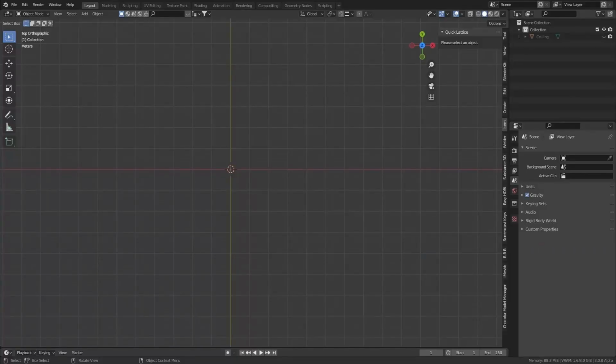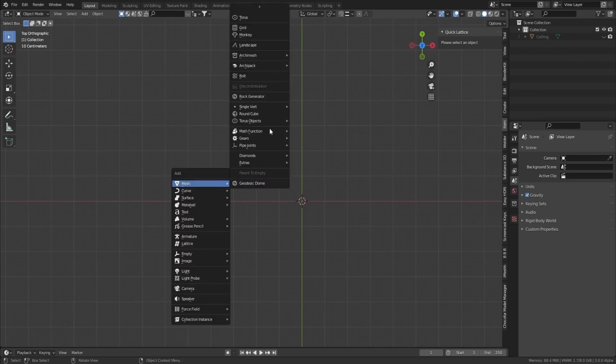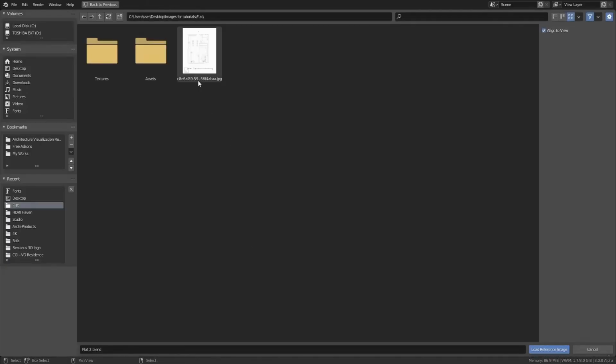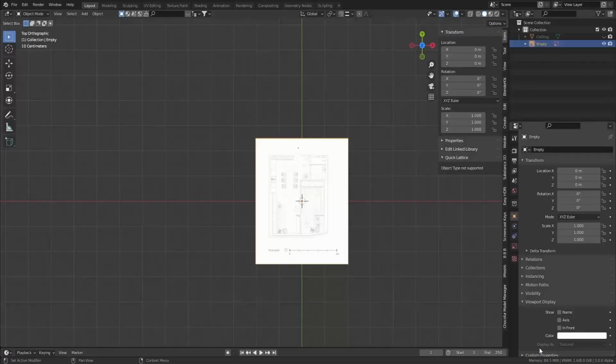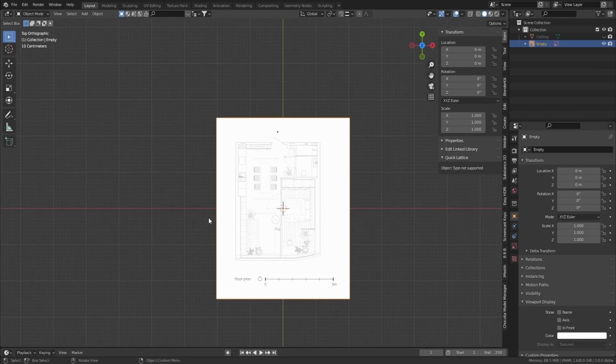The first thing we do is to start to add the 2D plan in Blender. So we go to Shift A, image and image reference, and add the 2D plan. You will find this 2D plan in the link in the description below, on the archviz site. So you need to click on the image of the 2D plan. If you use Chrome browser, you need to drag the image into a new window and save it easily on